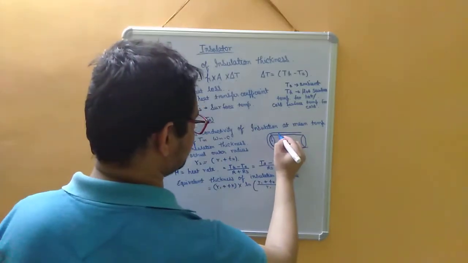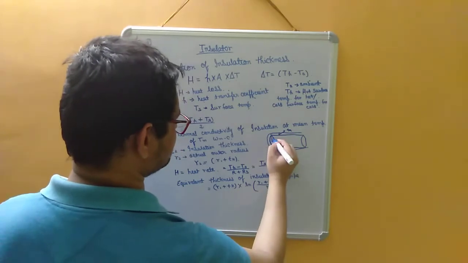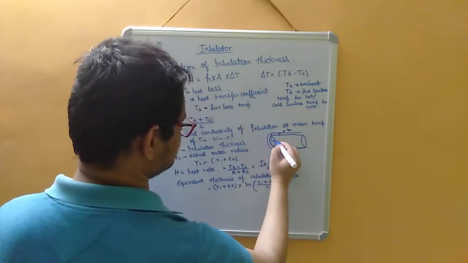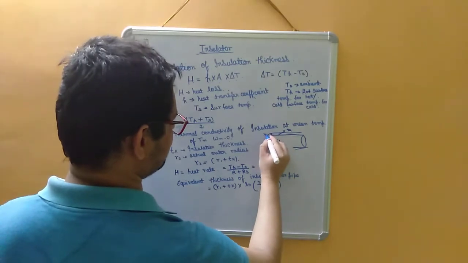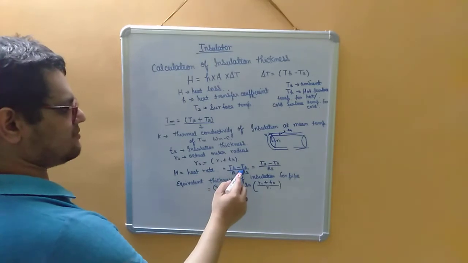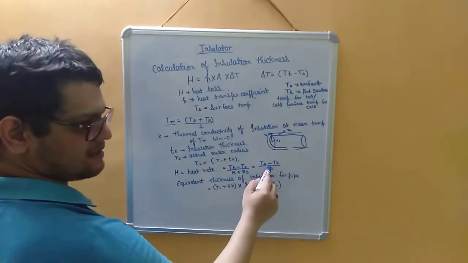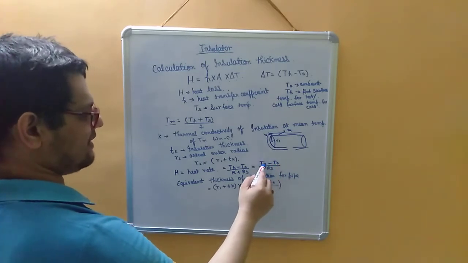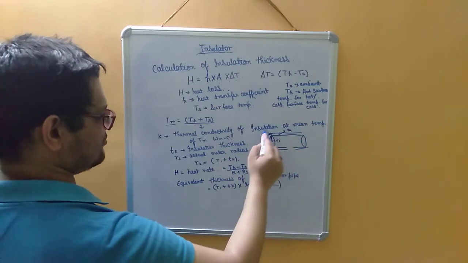So suppose we take this one as Tk, that is the insulation thickness, and this one as R1, and then with this added, we get R2, this value is R2. Now the heat rate is equal to Th minus Ta by R. R is the radius of this insulation. Ts minus Ta, that is the surface temperature minus ambient temperature, by the outer radius.